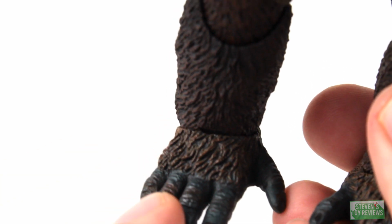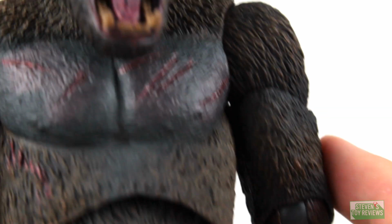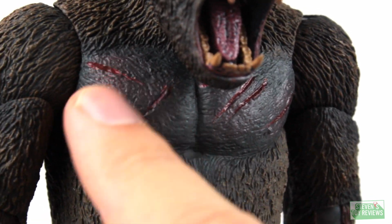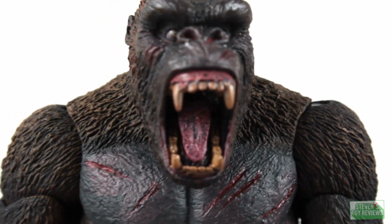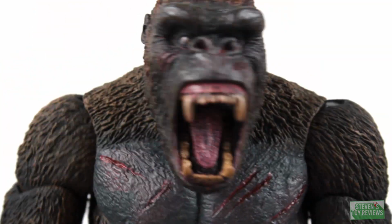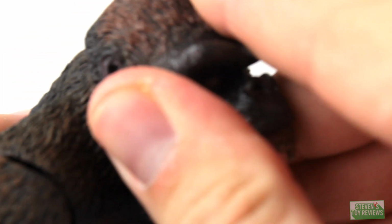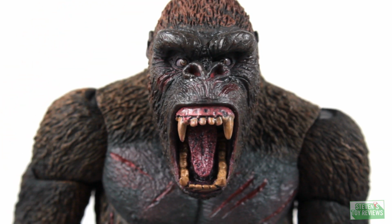But for the paint applications in some areas, like down here on the feet and the skin, it does look pretty good. We do have some fresh scar marks here on the chest. It does look like there's a little bit of a blood spray here, so that is pretty good. So the Neca does do quite a few things right, but in comparison to the other Kongs we'll be taking a look at, you will see what they have to offer as well as I pull the head off. Now, one of the reasons why I am not going to give this round, so to speak, to the Neca,